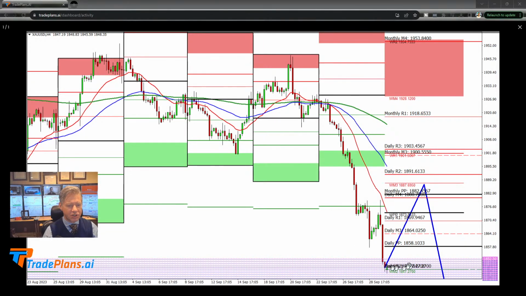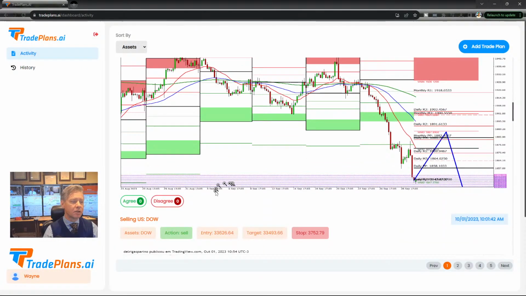I hope they're not sells trying to catch a lower low. That'd be terrible timing. And buying, what you're doing is buying a falling knife, buying a falling chainsaw. So I'd rather see all those orders up here. So I'm not sure what that is, but nonetheless, I'm going to agree with the technical analysis.